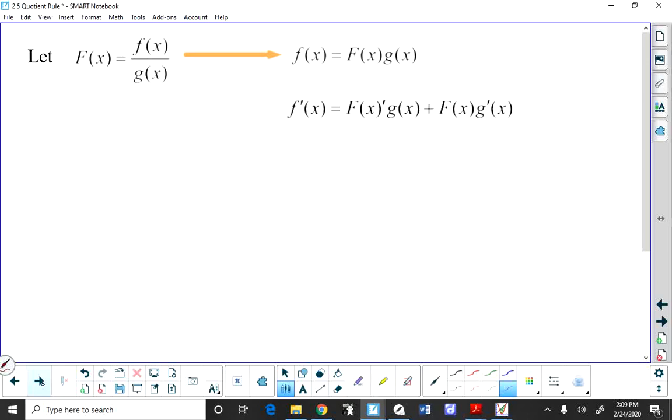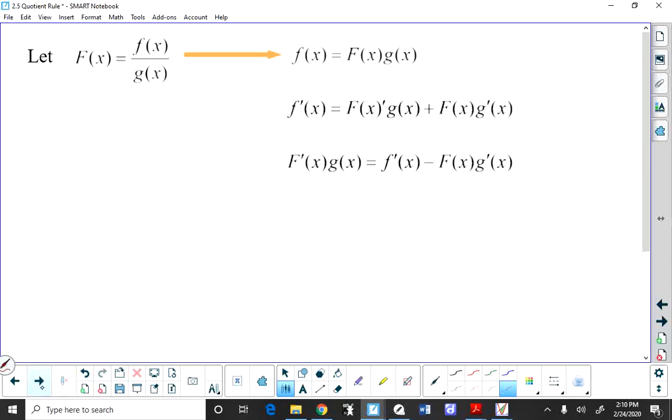And I don't want you to just be passive about this. I want you to look at how I got that line from the previous line. I took the derivative of the first, which is capital F of x, times the second, which is g of x, plus the first, which is capital F of x, times the derivative of the second, which is g prime of x. And now I'm going to rearrange for this term, capital F prime of x times g of x. And when I rearrange for that term, I, of course, get f prime of x minus